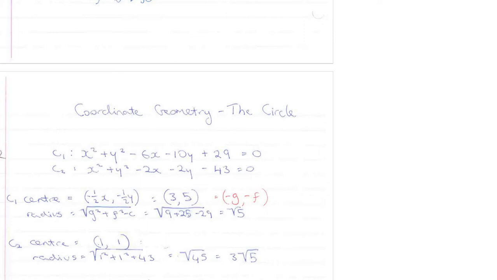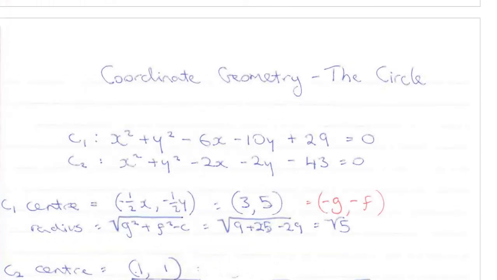Here I'm going to look at a Leaving Cert question from 2012 dealing with coordinate geometry of the circle. So in this question we're given two circles and we're given the equation of both. We're asked to find the centre and the radius of both. As I've described in a previous video, to get the centre when the equation is written in this format, we